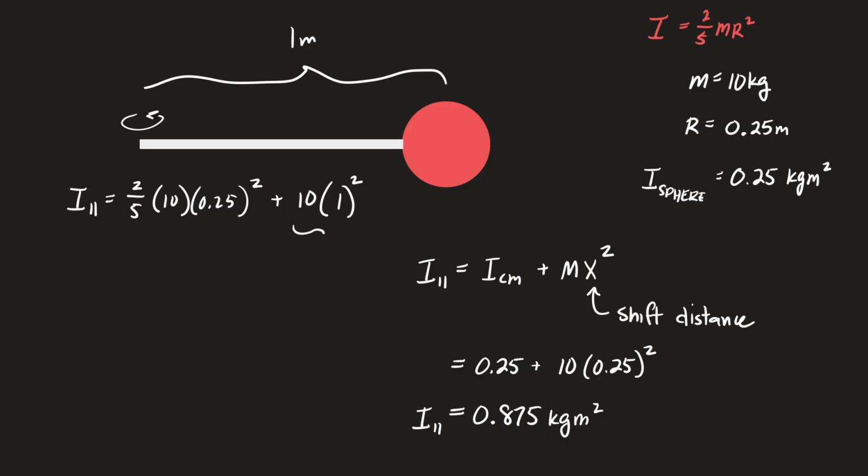Is it clear to you that this is going to dominate the terms here? That it's way bigger than what this is? Yeah. I said to assume the rod is light compared to the sphere. I'm trying to focus on what's happening to the sphere as we move the axis of rotation. This isn't a hard and fast rule,